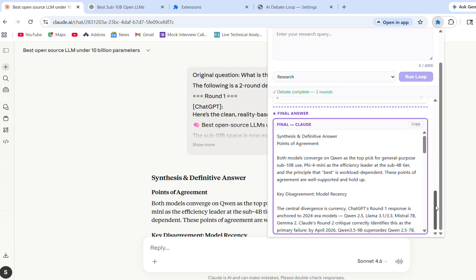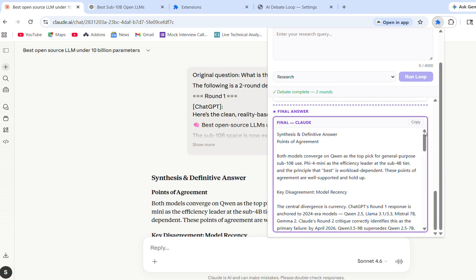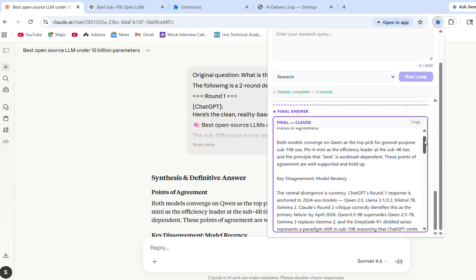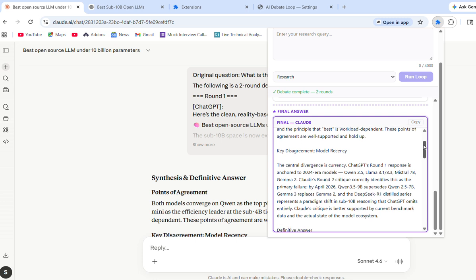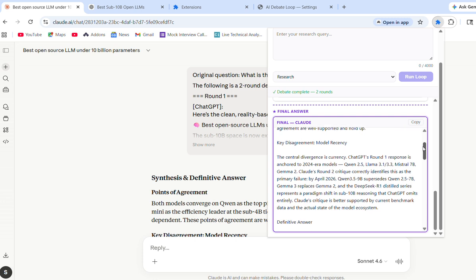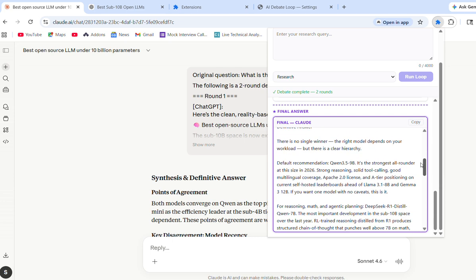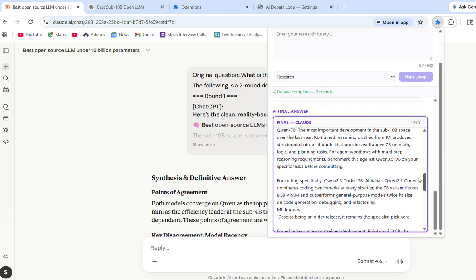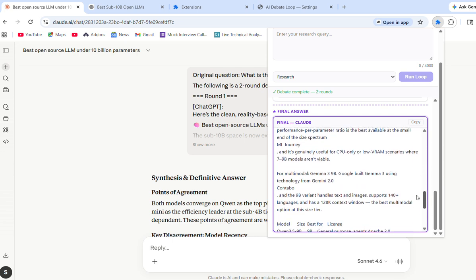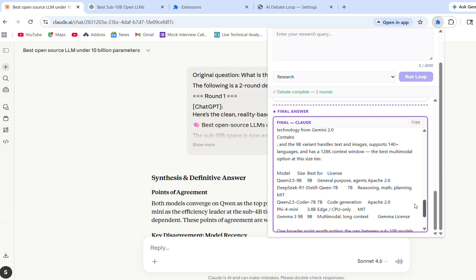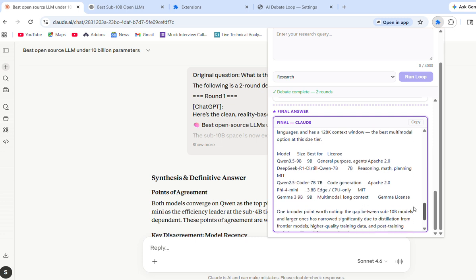And here we go, we get the final answer which is synthesized by Claude. It lists the key disagreement between the models and gives a final definitive answer. So it turns out that according to Claude, the best size model is Qwen